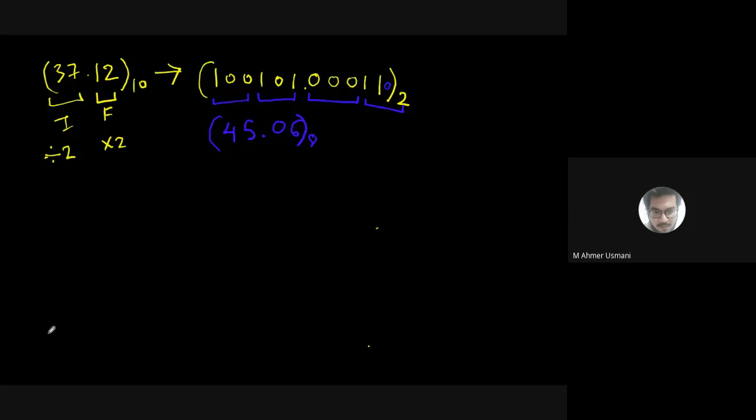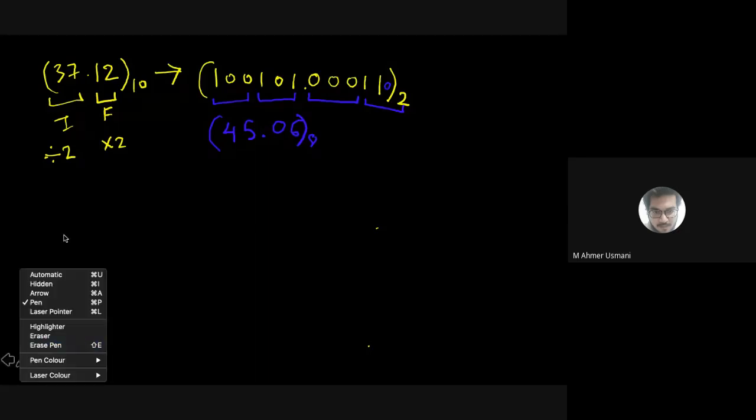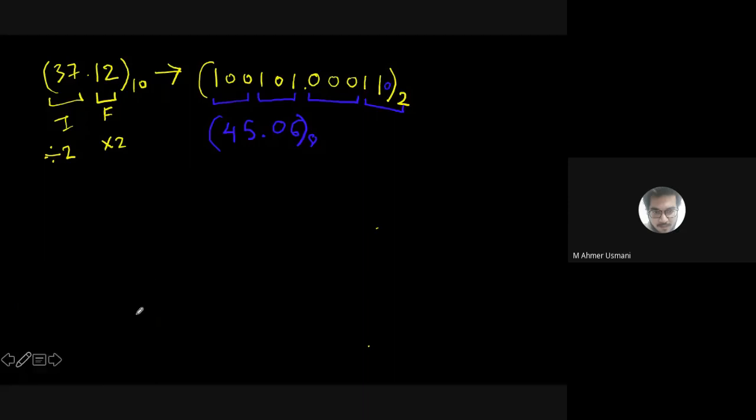Now in order to convert it into, let's say, hexadecimal, I'll just take another color. For hexadecimal I need to start the grouping into 4. So instead of 3 I'll make a group of 4. This is the first group that I get, this is the second group that I get. But I have got only 2 numbers, so I need to add 2 extra zeros. Is it clear?